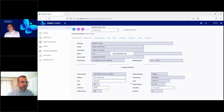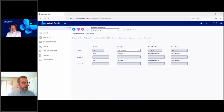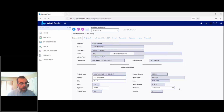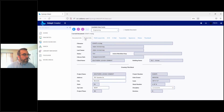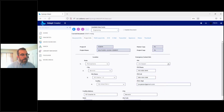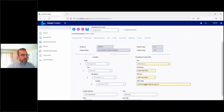This view we call the data card is just an example here of all the fields you could track. You can decide what fields you want. You can have different tabs of information that correspond to different users or different groups of data, and you decide what gets put here. You decide what the pull downs contain that users can pick from in a list. You can also create smart lists or related fields so that the fields work together. When I update the project manager to Bill, it put the new phone numbers and email address in there for me for him. This is all configurable data and content that you can decide how it can work for you